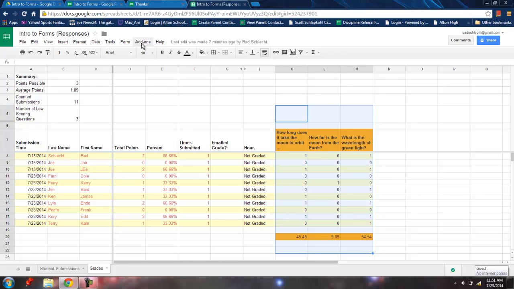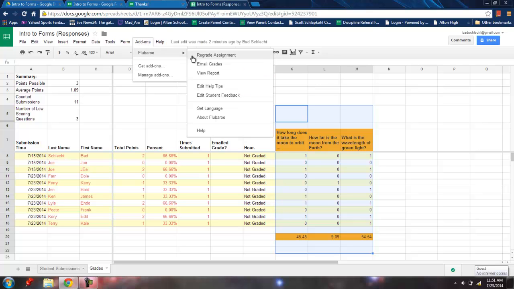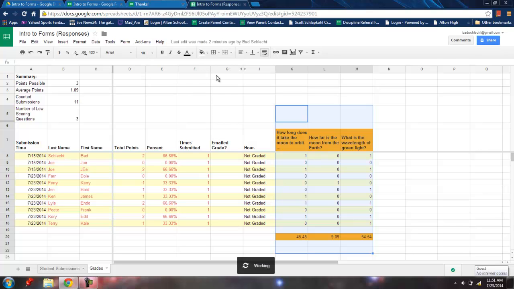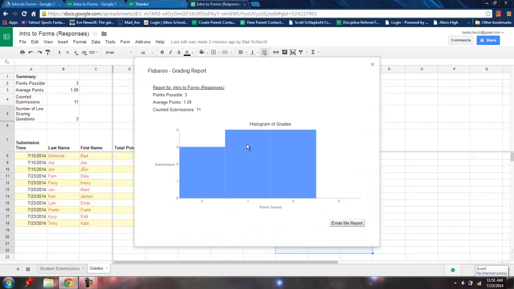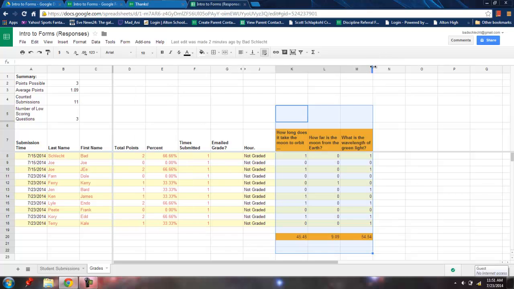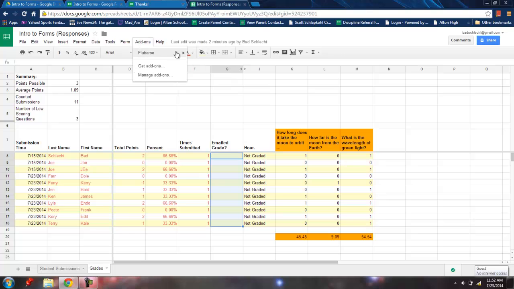Another fun thing to do, or useful thing to do, if you come up to the add-ons in Flubaroo, there's a few other things you can do in this. You can view a report, which is just another way to display the data that it gives you. If you have your students submit their email address, Flubaroo will email each student their individual scores. Under Email Grades,